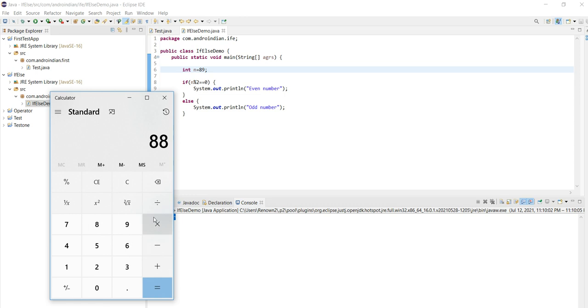If it were 88 divided by 2, it says it should be this.